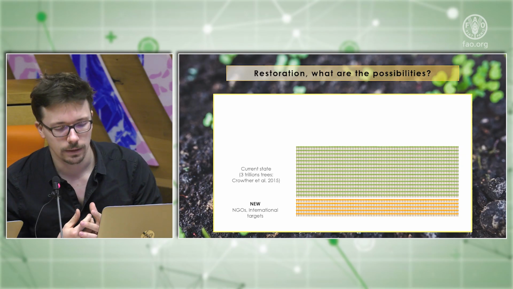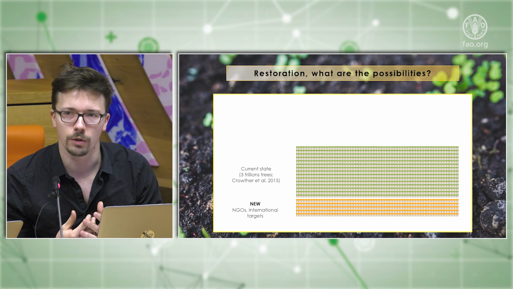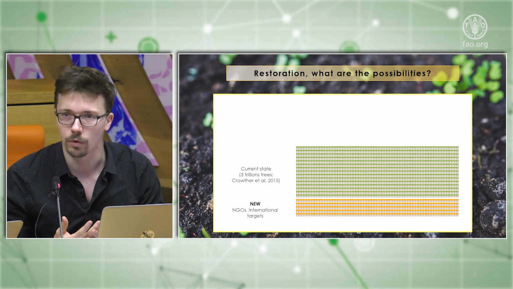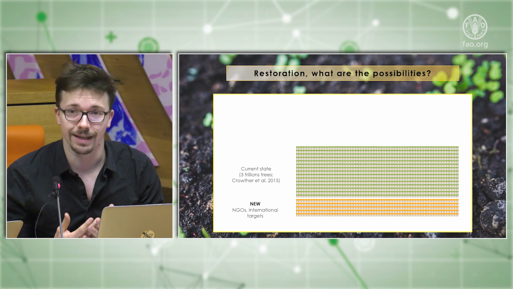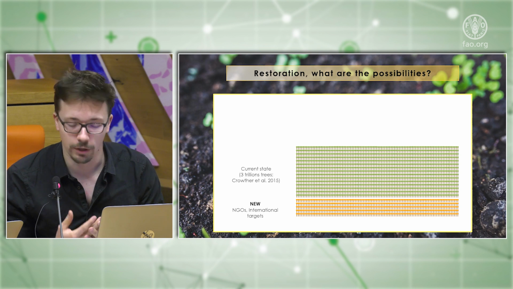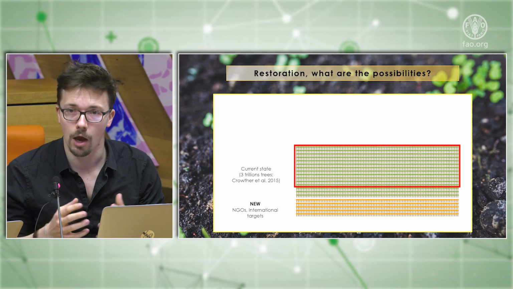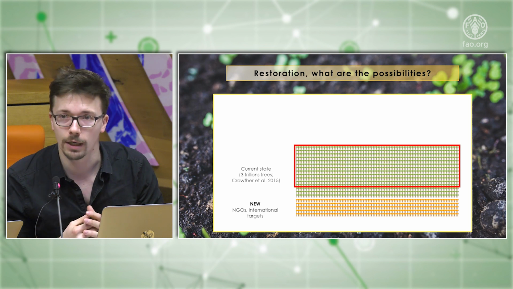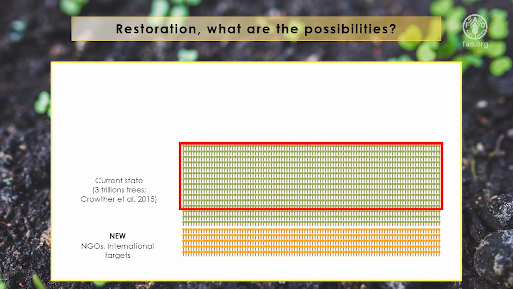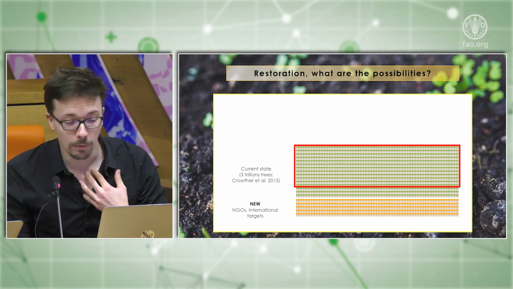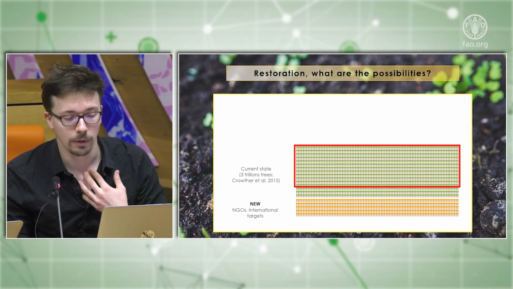But the thing is that this is all nice, but we don't actually know what the planet can support. So we don't know if that extra 1 trillion trees is even possible to reach, and we don't know if what we have today is already a bit outside the current carrying capacity of the planet, because the climate is changing. Climate is really harsh in some regions of the world and already putting pressure on the forest. So maybe we are already overshooting the carrying capacity of the planet. Maybe we can do a bit better than that 1 trillion trees, or maybe we can do a lot better.